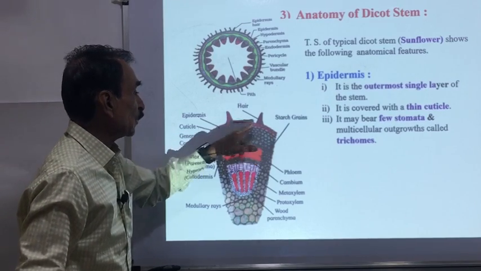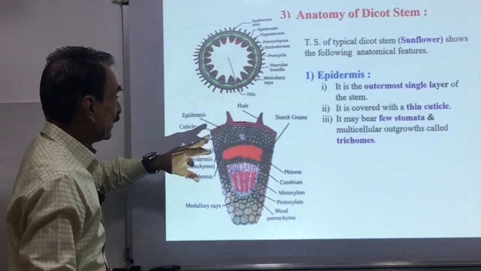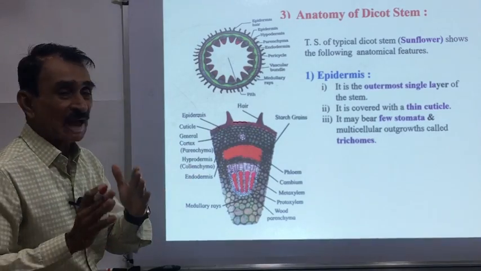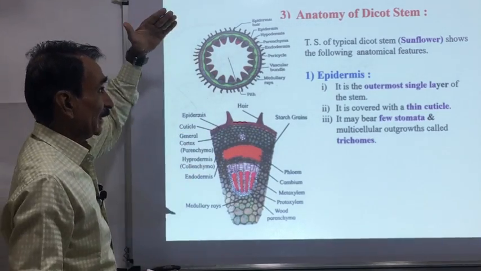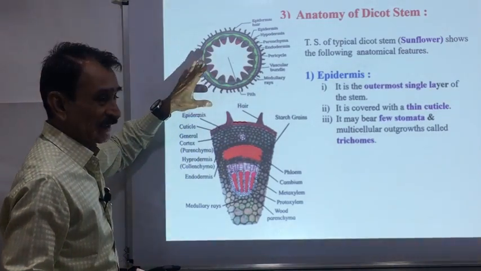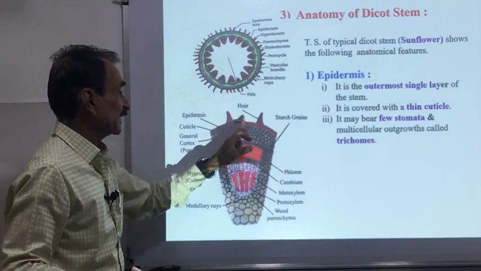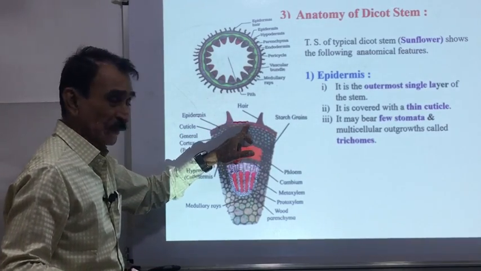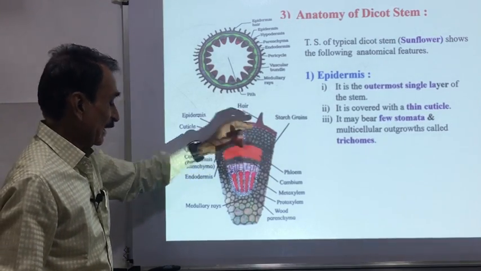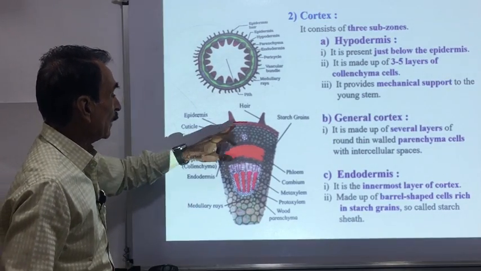There may be a few stomata in the epidermis. Here you can see multicellular epidermal outgrowths are present. These are called trichomes. The transverse section of sunflower stem shows a structure like this. If you see the details of it, the outermost layer is epidermis. It is a single layer covered by a cuticle. It consists of multicellular hairs called trichomes. This epidermis is followed by